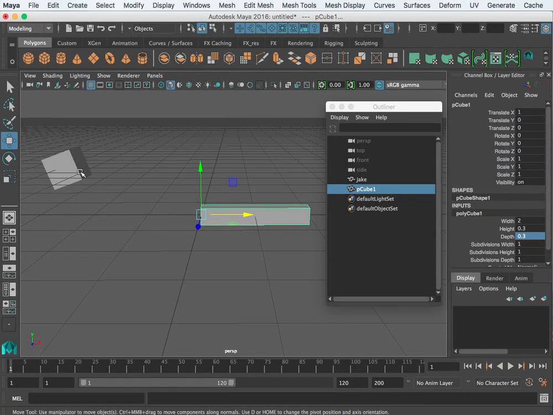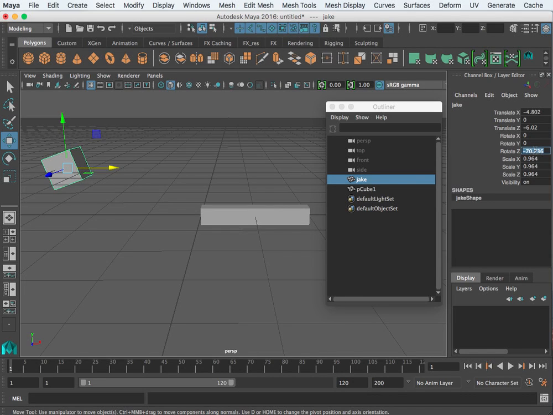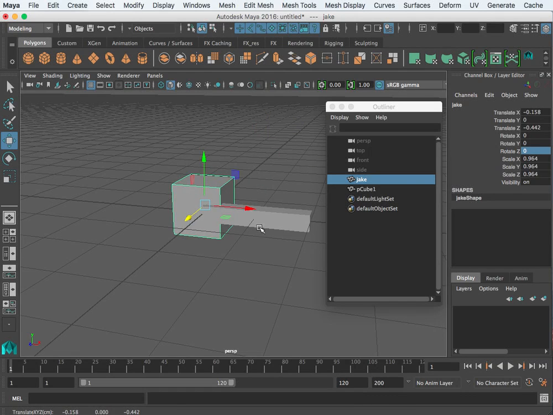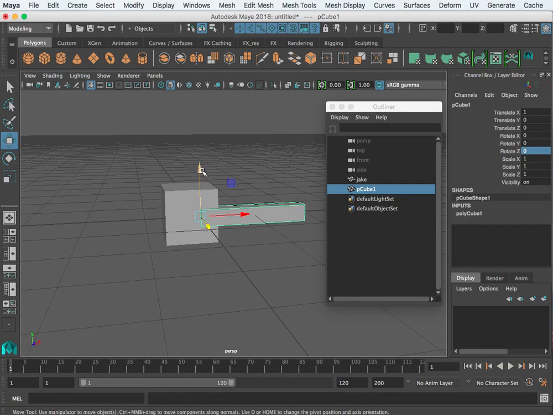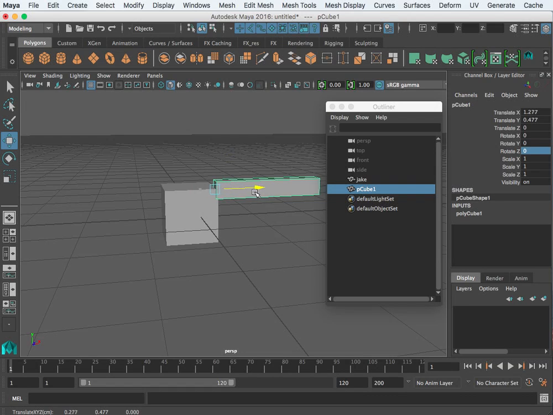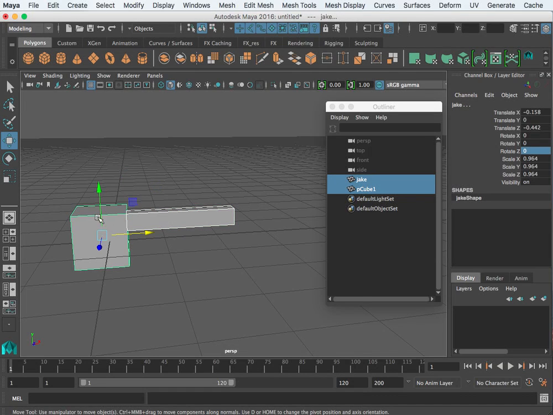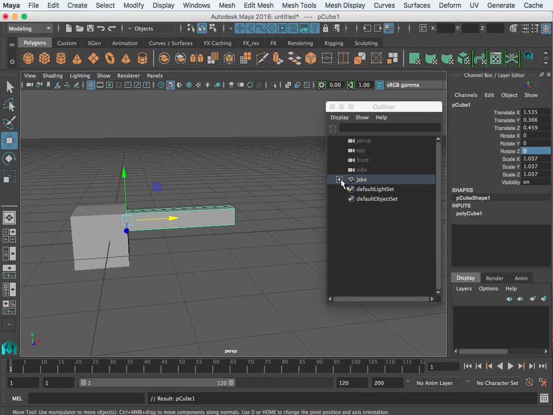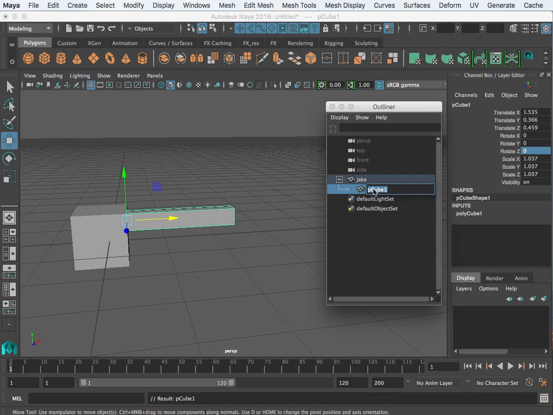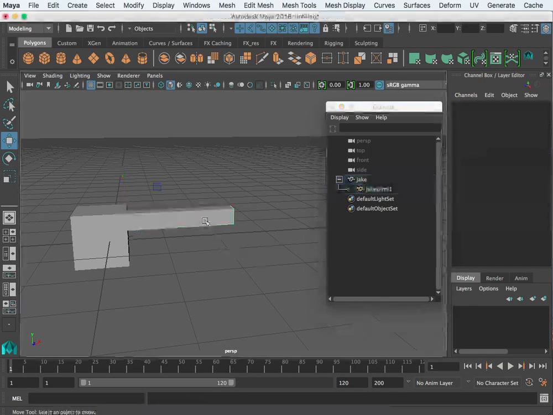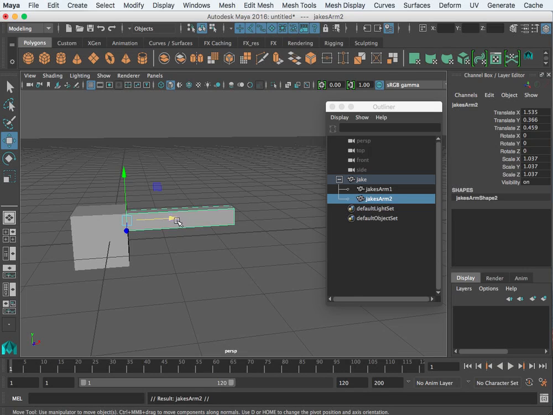Okay. I'm going to take this one, and this is going to be kind of the body here. So I can take this and it's going to be like an arm of sorts. So I'm going to take this guy and shift click. I'm going to parent the arm to the body, P. And you notice this is Jake, and this is Jake's arm 1. Okay. Then I can take this, I'm going to Command D, I'm going to duplicate it, and